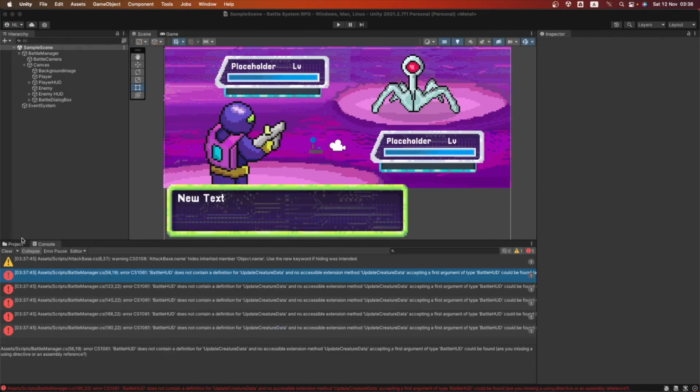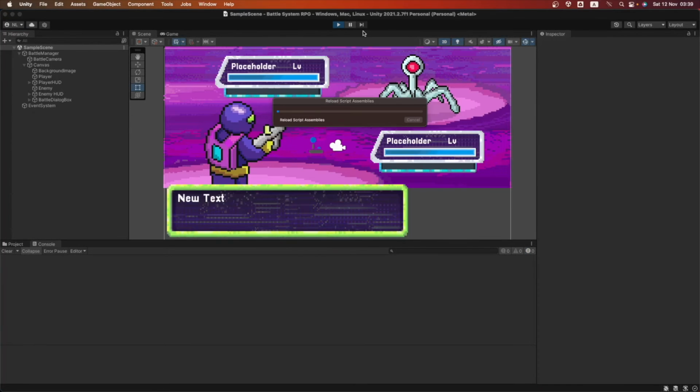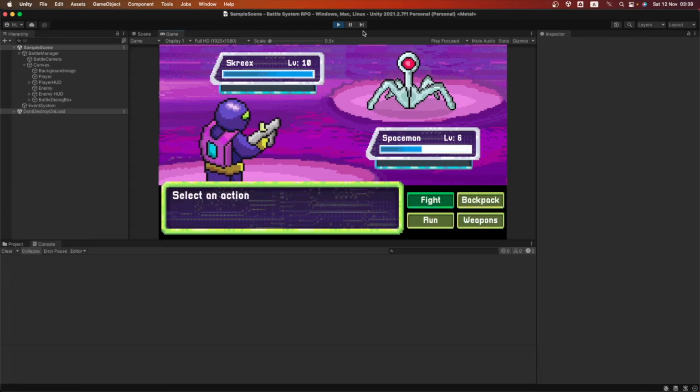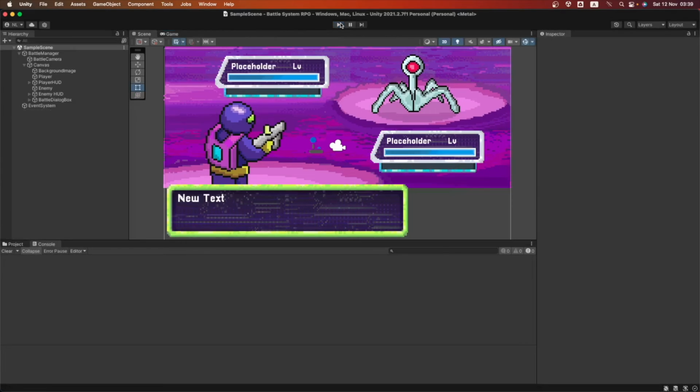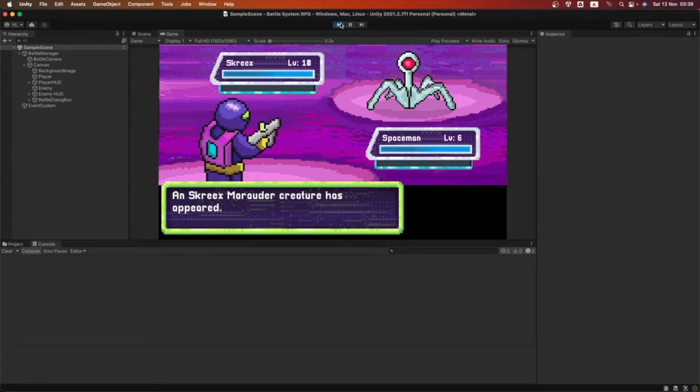Let's save this one and let's go back into Unity. Let's wait for it to compile. Okay, we're gonna clear this. We're gonna press play, and there it is. Now we're going to play mode. So that was the issue that we had. Okay, so the script marauder attacked us first, and now we're getting this small error here. As you can see, the health bar is updating. So this is working, not as we wanted, but it is already kind of working.